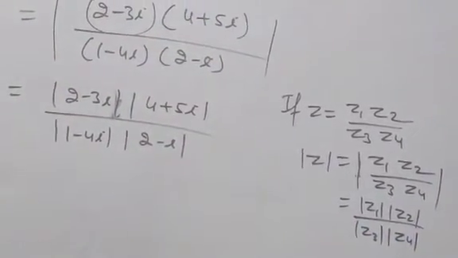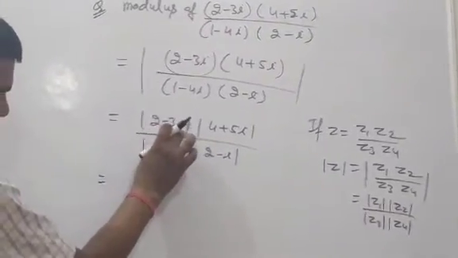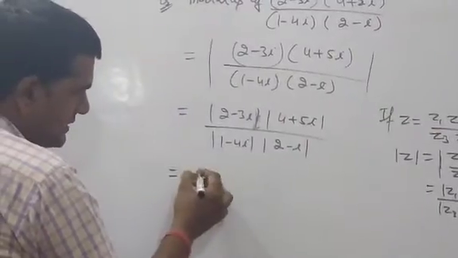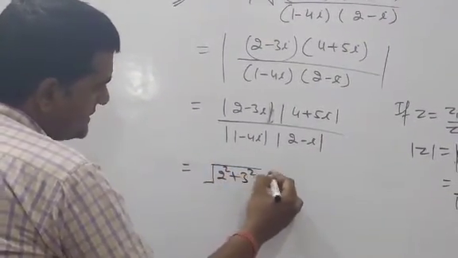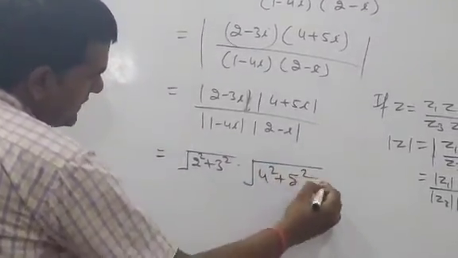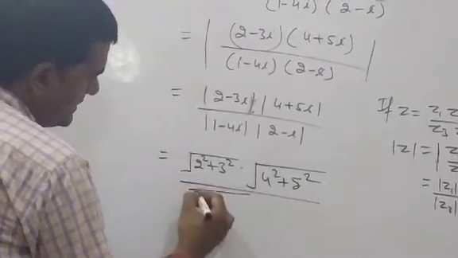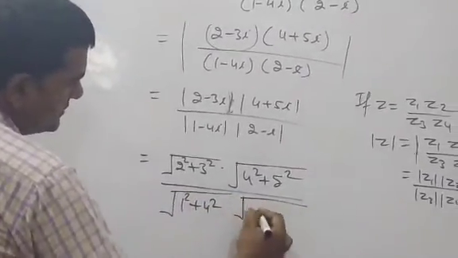Clear? Now here mod of a minus ib, we can suppose a plus ib also here. Under root what? 2 square, 3 square, under root 4 square, 5 square, whole upon under root 1 square plus 4 square, under root 2